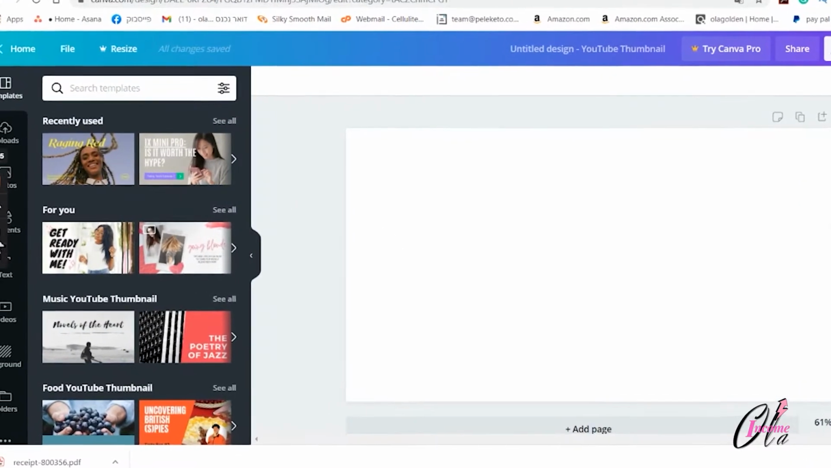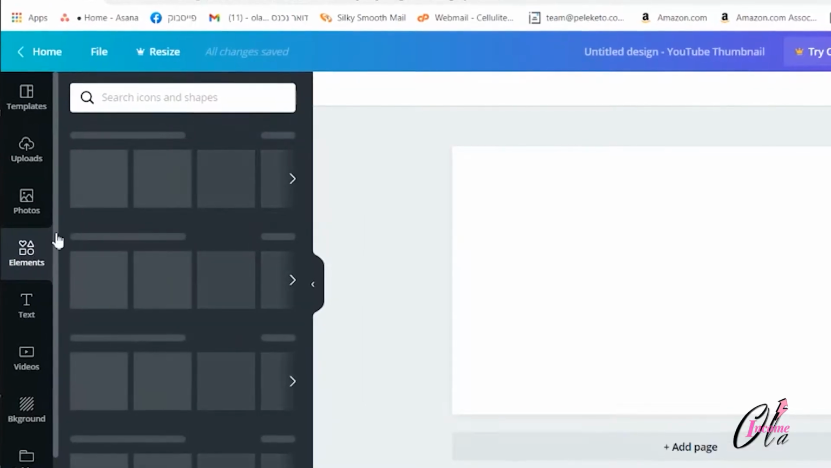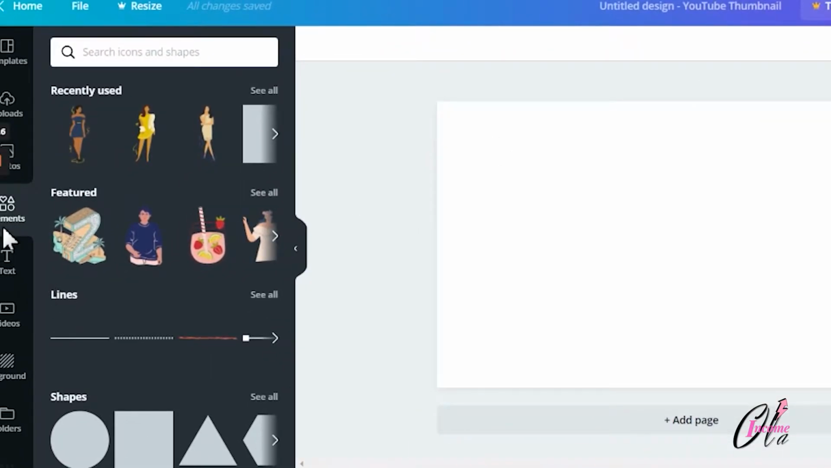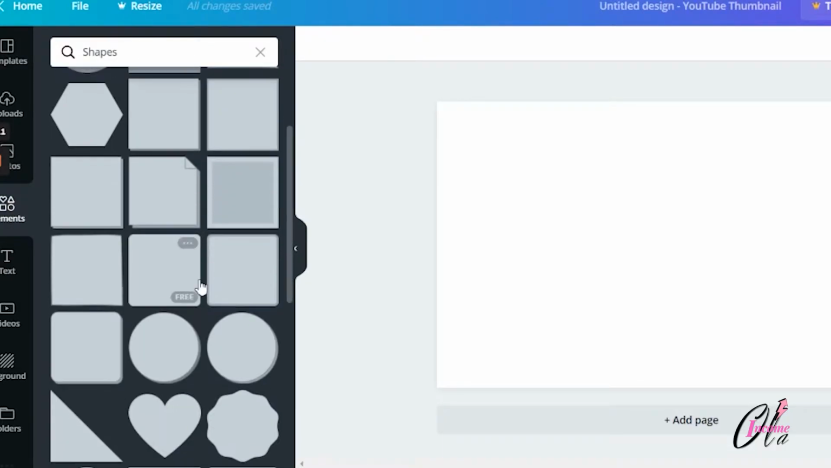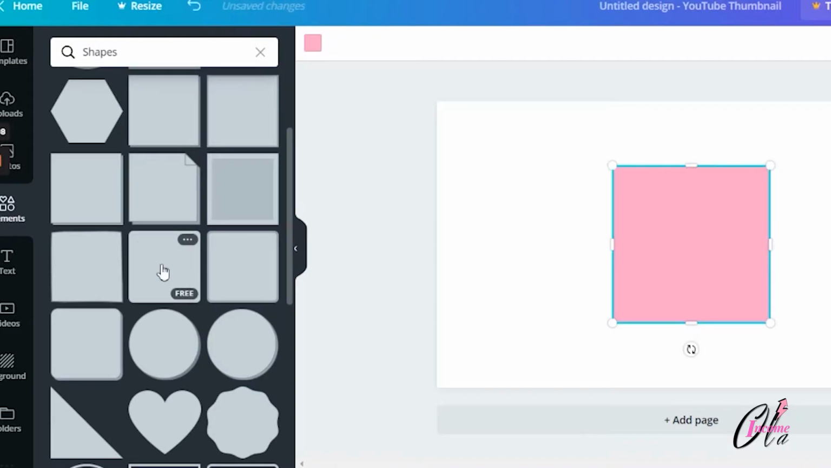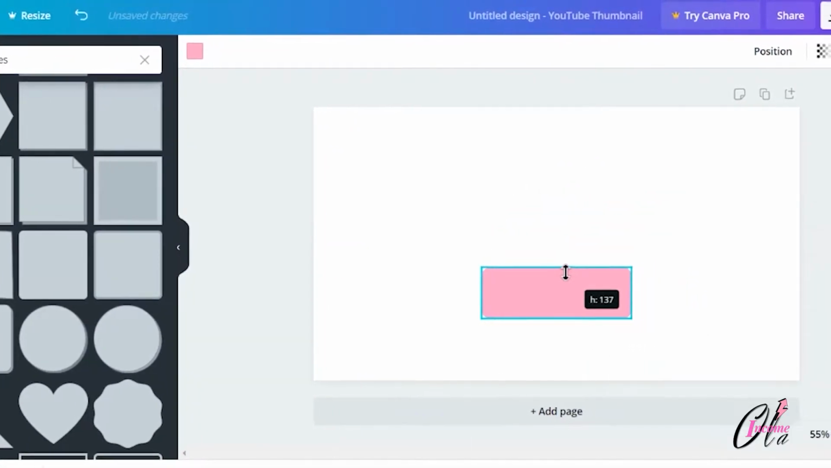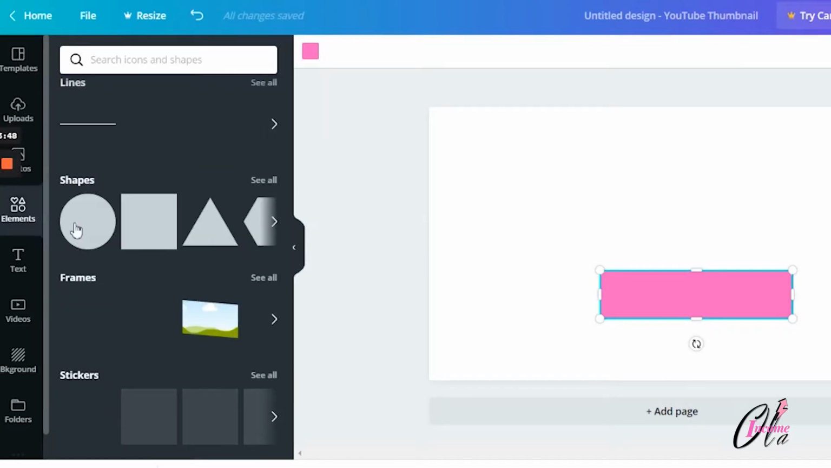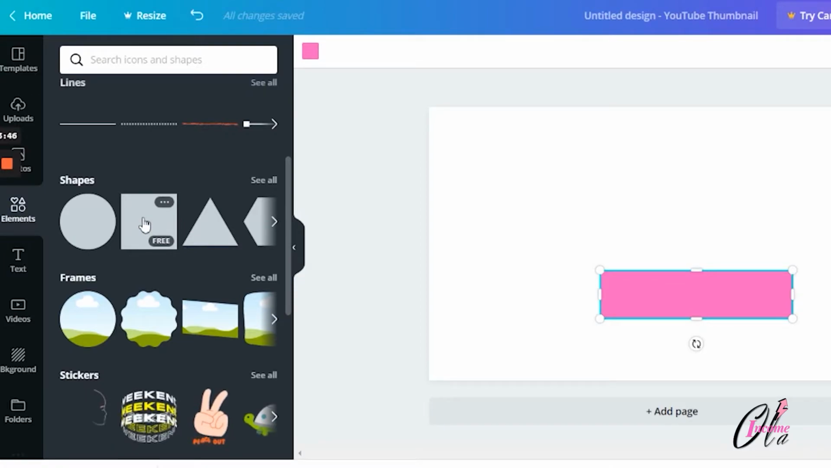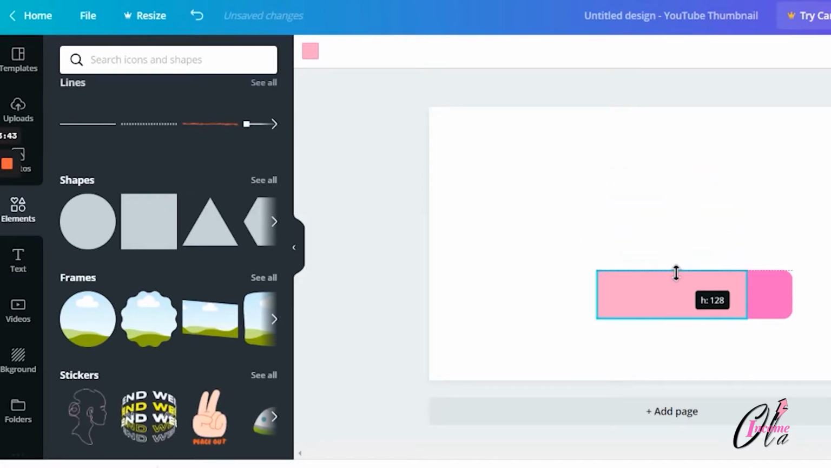First, let's create the button. Elements, go to Shapes, click on See All, then go to Rounded Square, shape it as a button. You can choose any color of your choice. Let's make it pink. Now go back to Elements, back to Shapes, click on Square, another square, shape it really small,